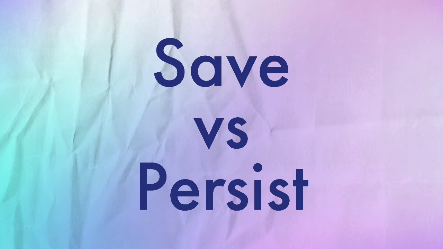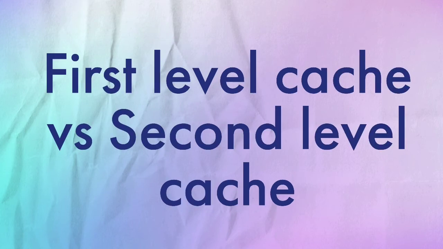Then the next question was based on Hibernate, that is what is the difference between save and persist. So there are two major differences between save and persist methods. Both are used for inserting a record into the database, but persist's return type is void, it doesn't return anything, and save returns a serializable object. The second major difference is that the save method can be used inside or outside of the transaction boundary, but the persist method can only be used within a transaction. So these were the two major differences between save and persist.